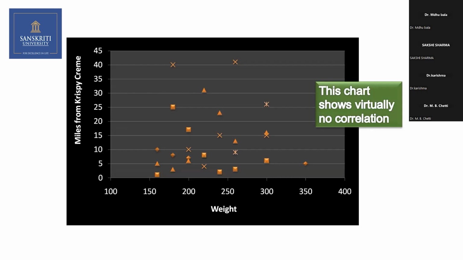There are so many ice cream parlors in America, and the people who are gaining weight in Sanskriti University or US Harvard, there is no correlation. It is random. Like here, you can just see there are so many scattered points. There is no correlation. Suppose you have so many ice cream parlors or fast food centers in Sanskriti University and students gaining weight, there could be a positive correlation. But the parlors or fast food centers in Delhi and people gaining weight in Sanskriti are independent of each other. That is what it shows. This chart shows no correlation or zero correlation.